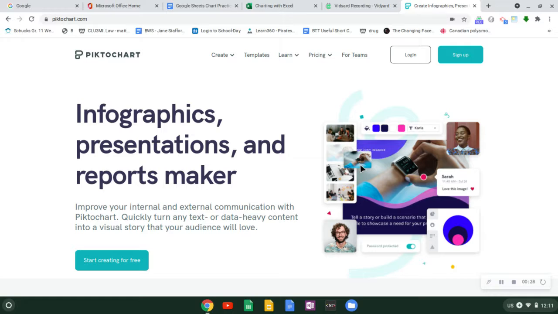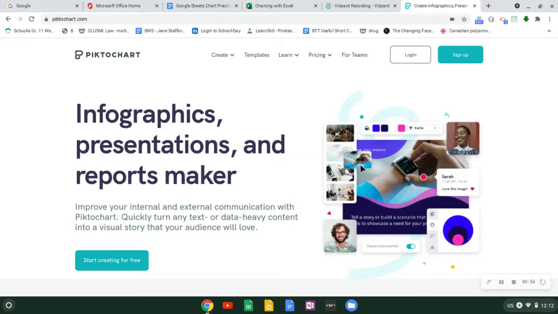There are some, again, drawbacks to this website. It's what they call a freemium website, where most of the website is free, but there are some paid features. And once you download a document as your final copy, there's a bit of a watermark at the bottom, but that doesn't bother me. I don't ask my students to ever pay for any of the paid features. I only ever expect you to use the free